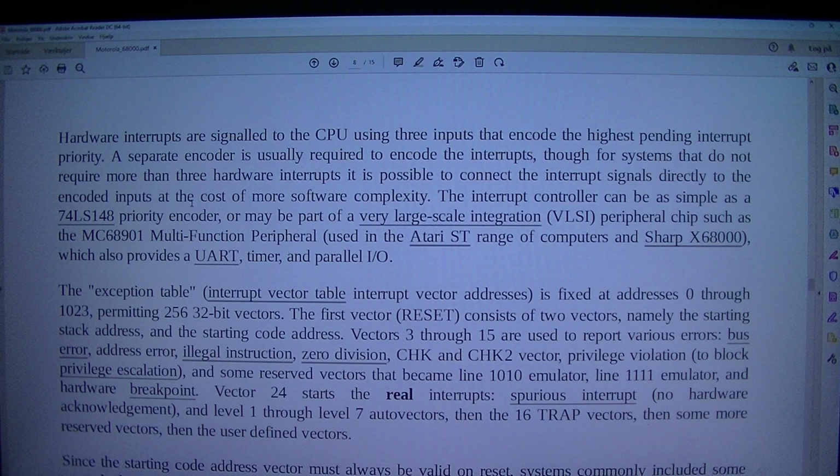Hardware interrupts are signaled to the CPU using 3 inputs that encode the highest pending interrupt priority. A separate encoder is usually required to encode the interrupts, though for systems that do not require more than 3 hardware interrupts it is possible to connect the interrupt signals directly to the encoded inputs at the cost of more software complexity. The interrupt controller can be as simple as a